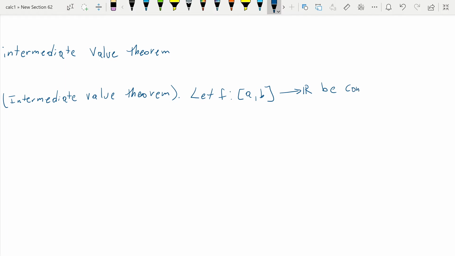You need to assume that it's continuous, and then we need to assume